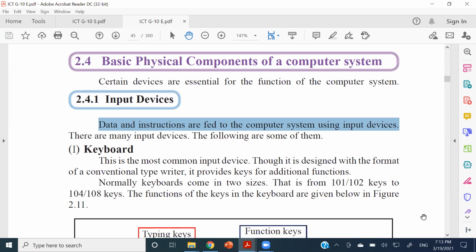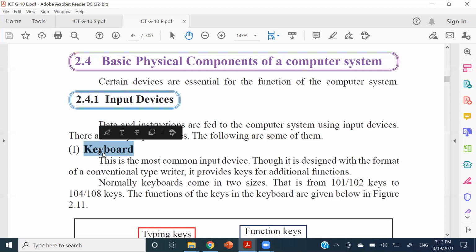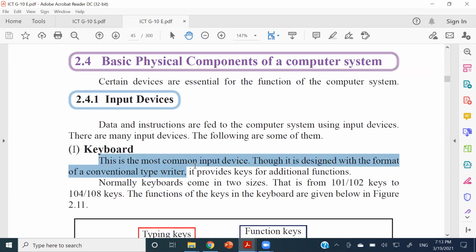Right, so if you are done, okay, so you are going to go with the first category. So you can have Roman numbers or the Arabian ones or the capital A, B, and C. Likewise, you can have, right? So number 1, the first category, keyboard, right? And it's better you copy this down. This is the most common input device,